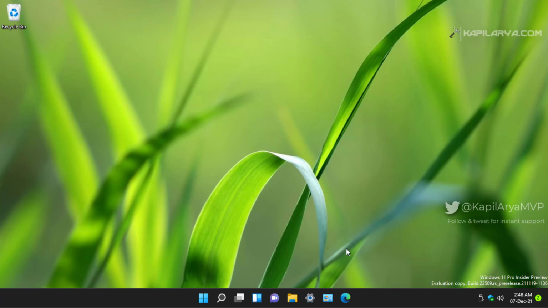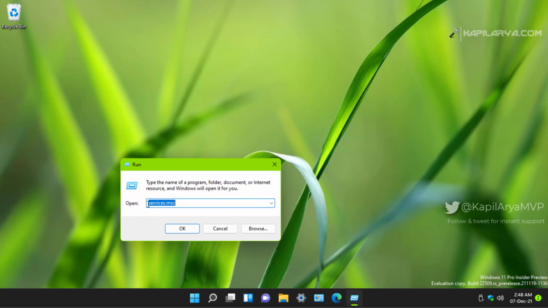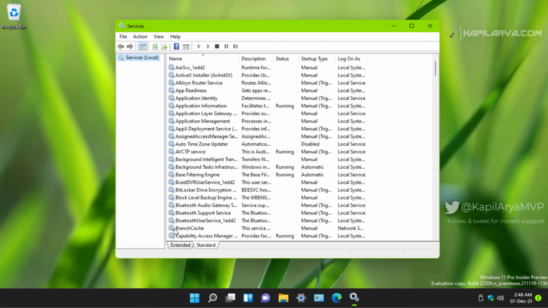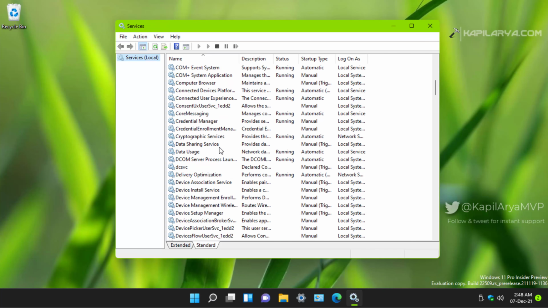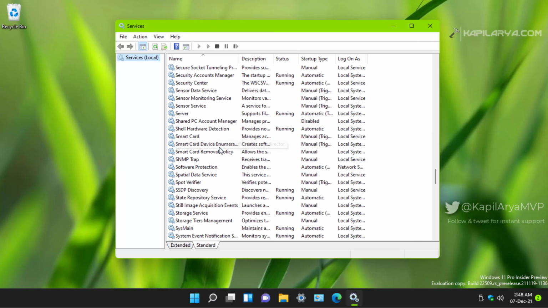If that doesn't happen, you have to right click on the start button and select run, type services.msc and click OK. In the services window, scroll down and locate Security Center service and make sure it is running.